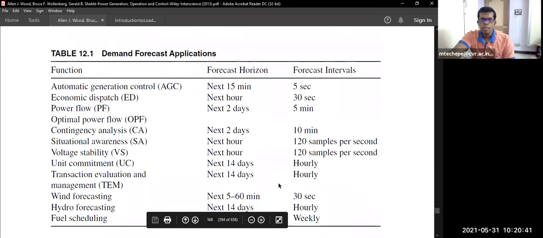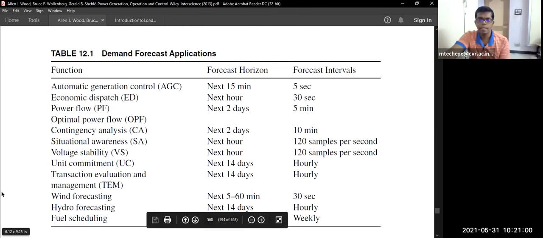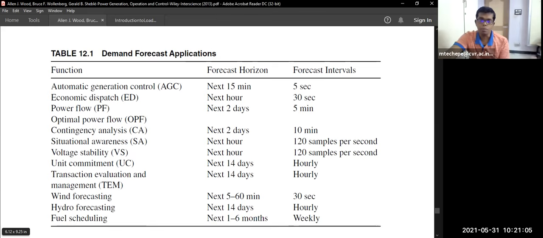Yeah, this is the simple demand forecast application. Demand forecast, automatic generation control: for the next 15 minutes, the forecast interval is 5 seconds. For economic load dispatch, the next 30 seconds, the forecast interval is 30 seconds. But even then, you have to calculate in a very fast time. Only then can you tell that particular